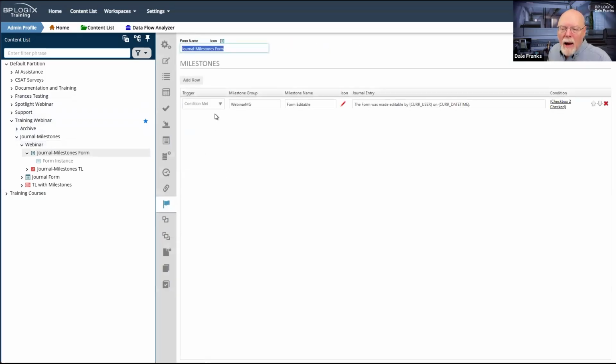Let's go back and look at this milestone group. Now, here is the problem. We don't know how many milestone groups you want to use on a form or a process timeline, and we didn't want to have to create a completely separate UI to track milestone groups beyond the choose milestone dialog box.